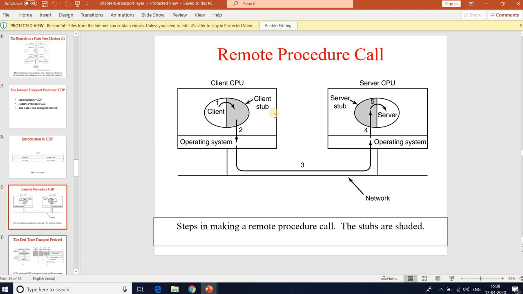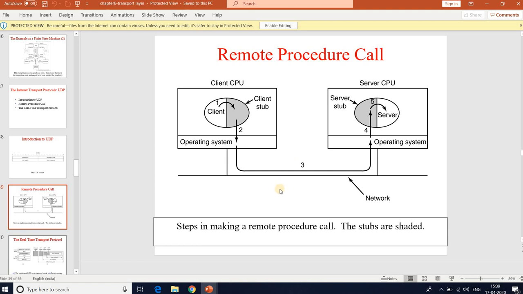The client stub represents the server procedure in the client address space. Similarly, the server is bound with a procedure called the server stub. These procedures hide the fact that the procedure call from client to server is not local.